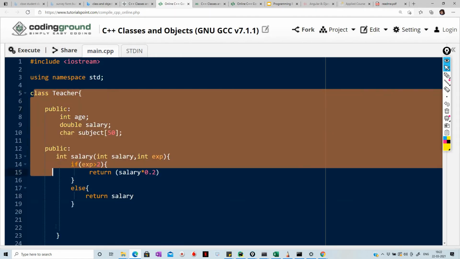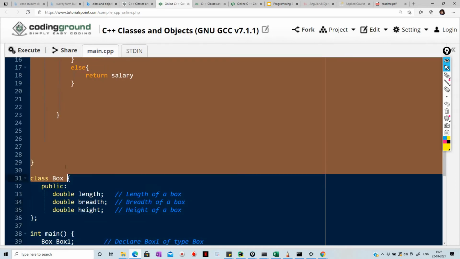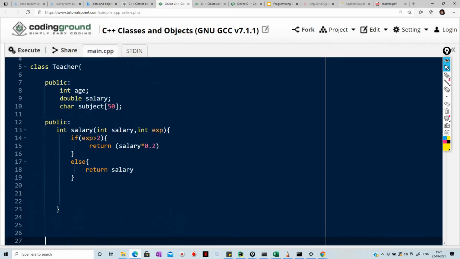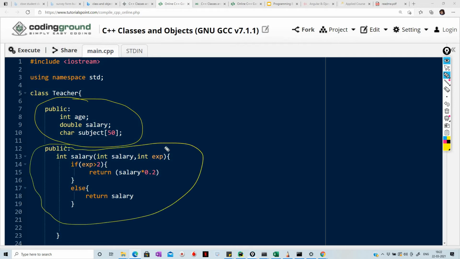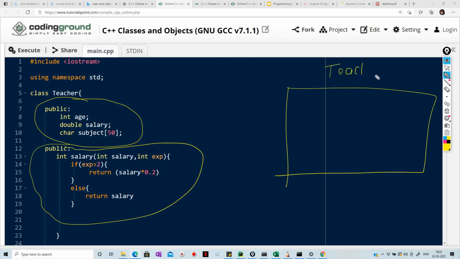अभी तक इस क्लास को आपने इस्तेमाल नहीं किया. This is just a blueprint, and this class have 2 things. Okay, like we discussed this thing. Every class have 2 things. One is data, and other is a method. So you can think like this. We created a table basically, and this table name is teacher, and this table have 3 information: what is the age, what is the salary, and what subject he teach.